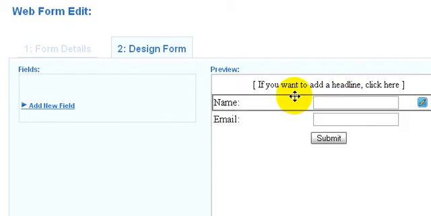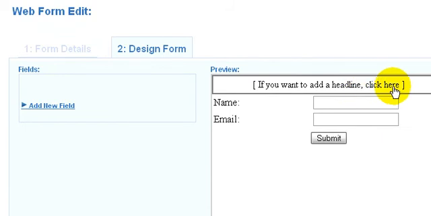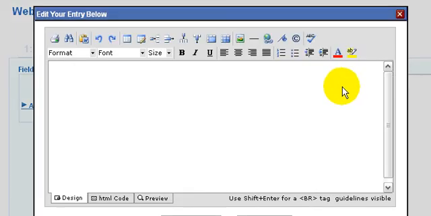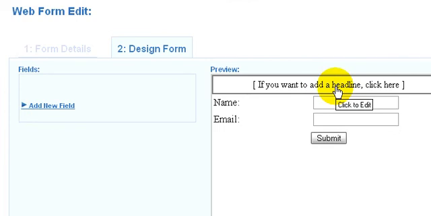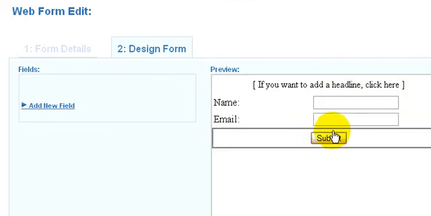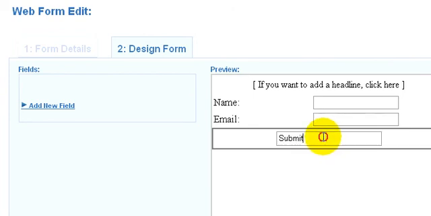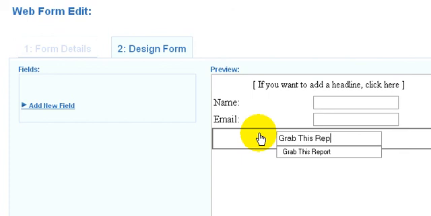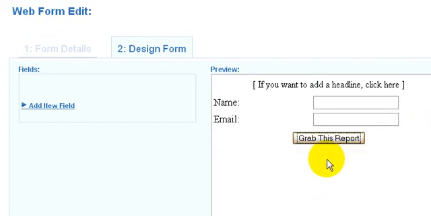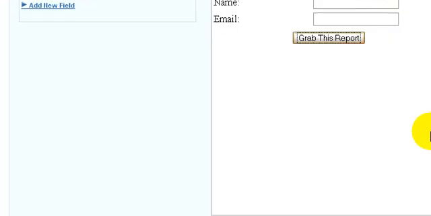The second step is to design the form. What we want is a name and an email here. So since we only have the email currently right here, we want to add the name. And we want the name to be located on the top. So we'll move it until you see that black line. Release it. We got the name and the email. If you want to add a headline here, you can do that by clicking that. But in this case,